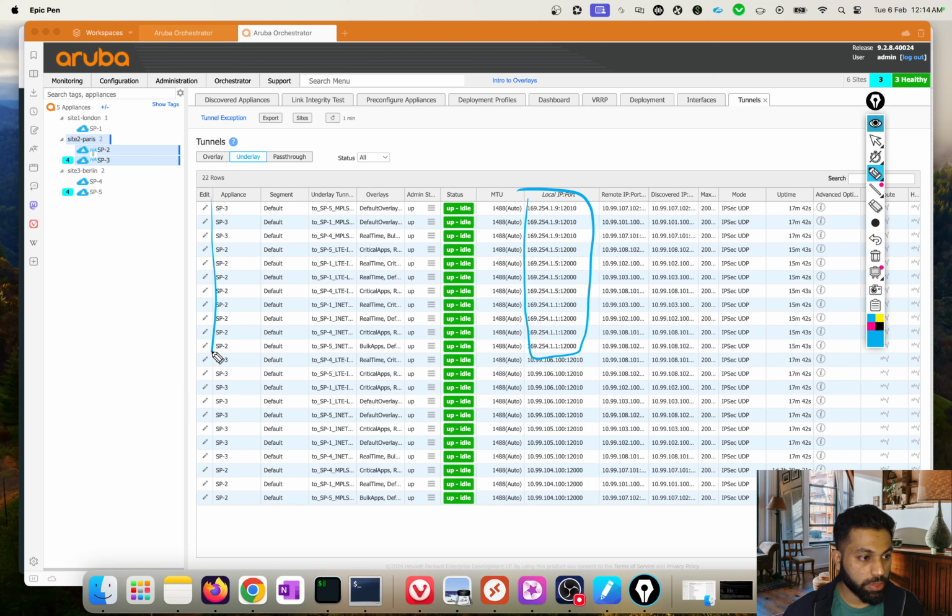So you can see SP2, SP3 here is able to use this to create tunnels with the remote. When I say remote, I mean these are the remote IP addresses of the tunnel destinations, with the other appliances. So EC1, EC4, EC5, it's able to create IPsec tunnels with those endpoints,